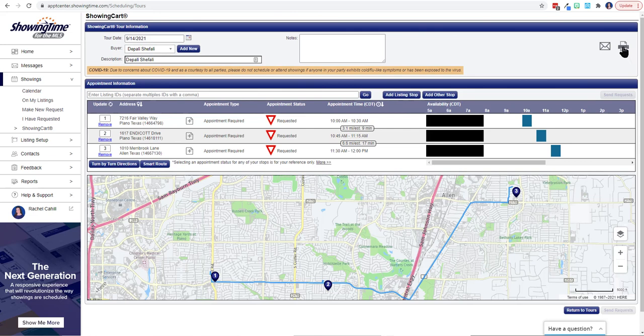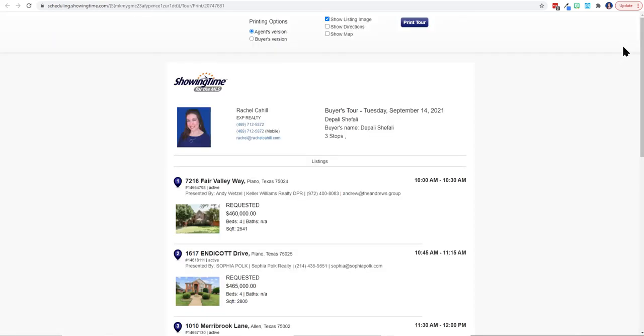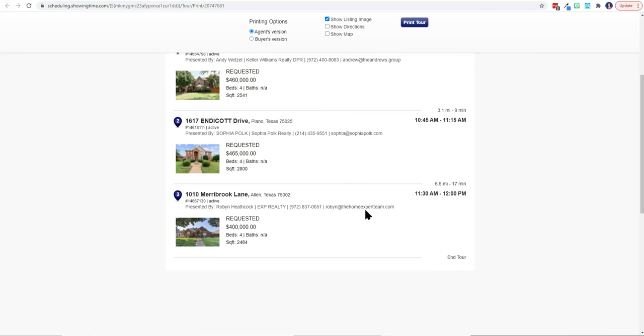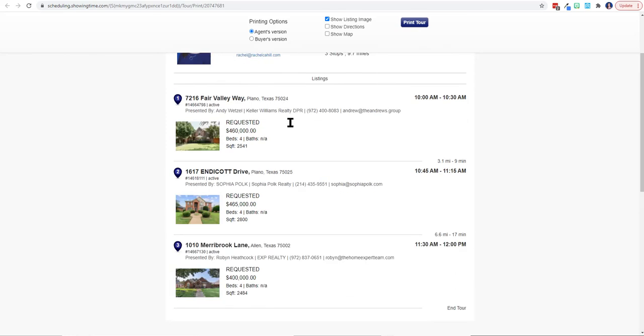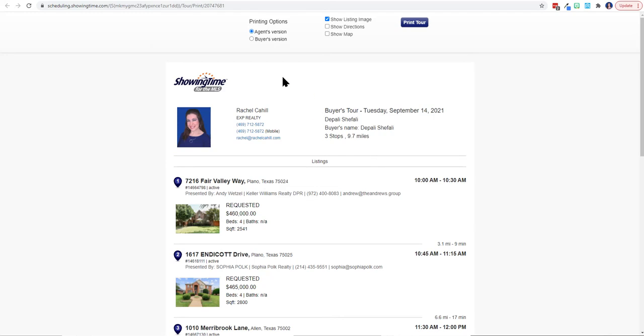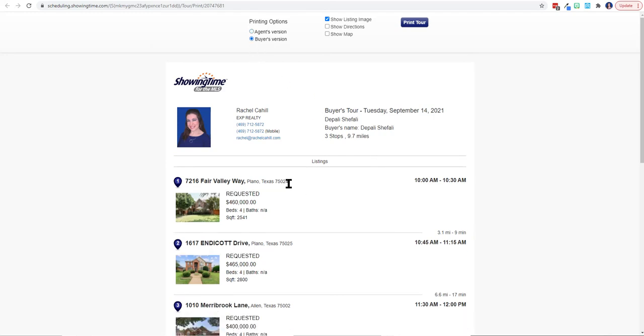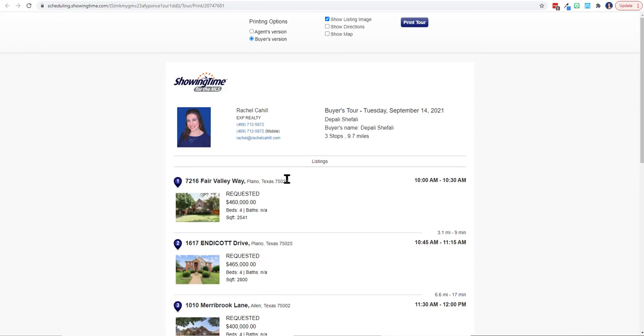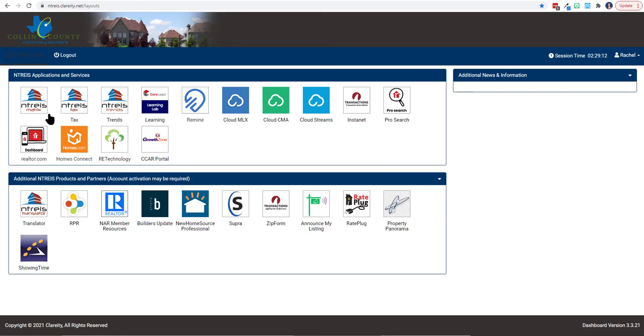And then also, if you're printing, what I do is I print a cover sheet, so I just click this print button and I can print an agent's version that has information about the listing and the various agents that are working on that, or I can print a buyer's version that doesn't have any of that on there. So when I'm printing out the listings from MLS, when I go to print these out